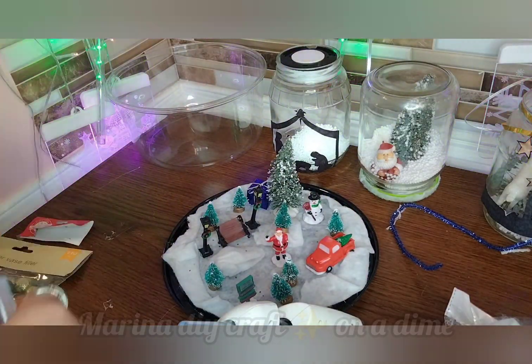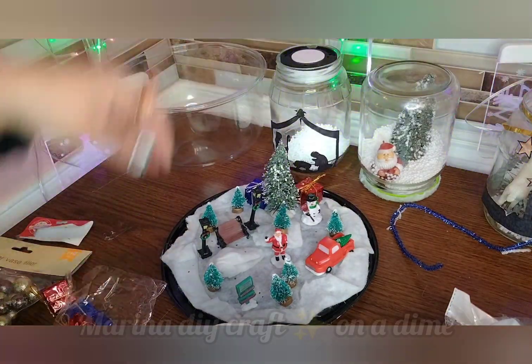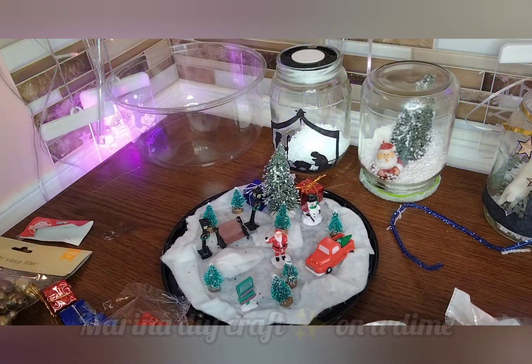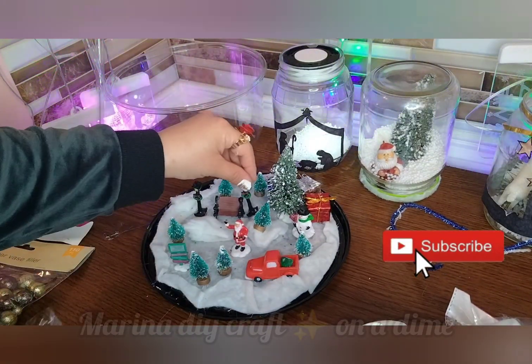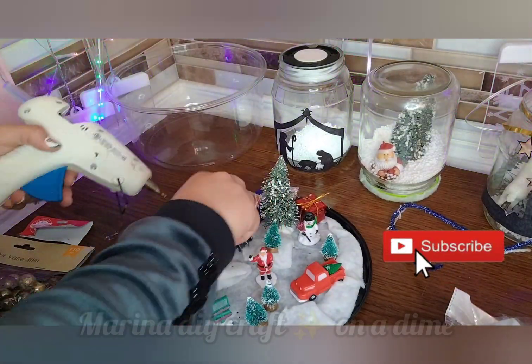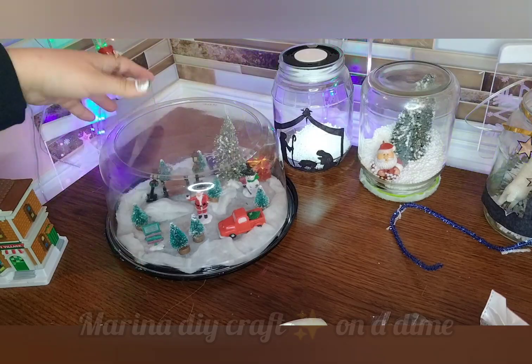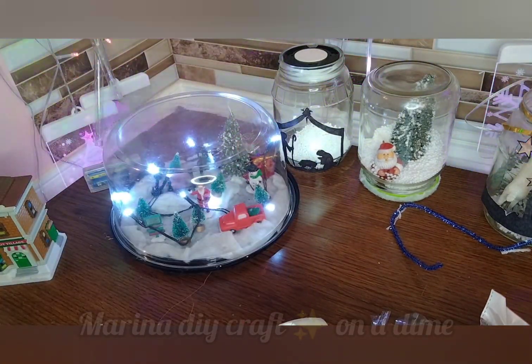I bought the bigger tree that didn't work with the first one because it's taller, and I got the bag that looks like gifts to put around the Christmas tree. It's like a small Christmas town with the big Christmas tree, and we can decorate the big Christmas tree too. And here I am putting the lights, and then